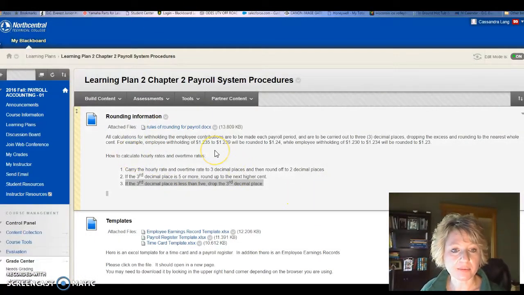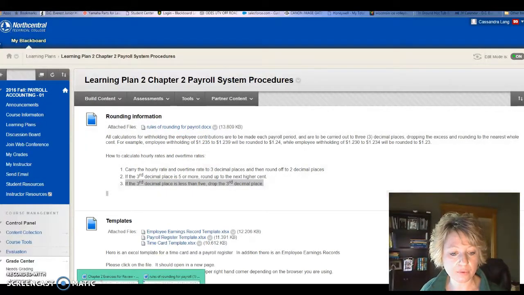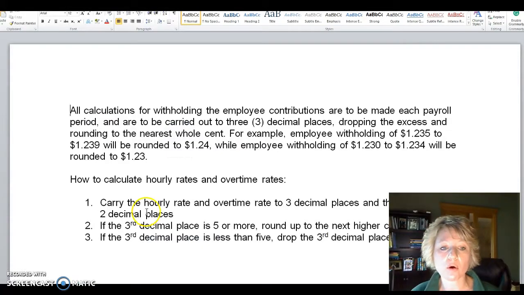Also in the learning plan number 2, I do have rules for rounding for payroll. For example, an employee withholding of $1.235 to $1.239 will be rounded to